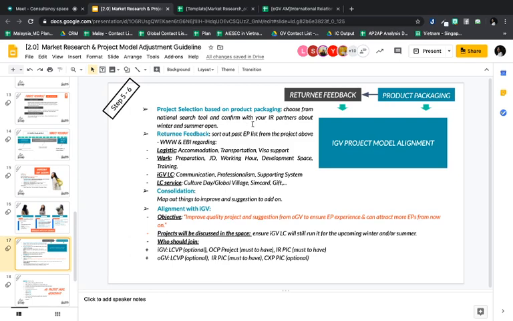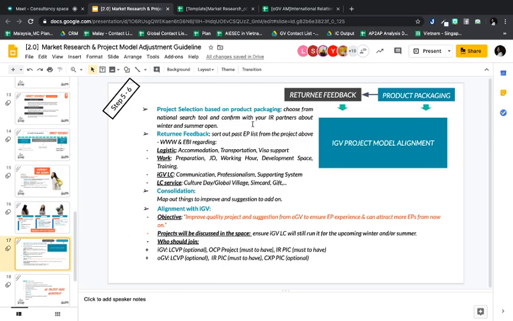Just for your information, normally projects from IGV will open for both summer and winter, especially national projects, so you don't need to care whether a project will open on winter peak or summer peak. For sure they will open. It's just that now they didn't open extra maybe because of coronavirus, but you don't need to worry about it.